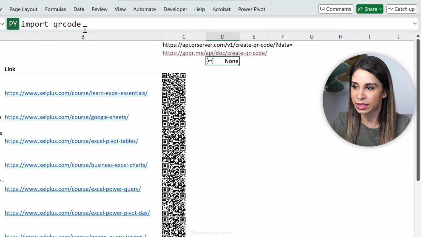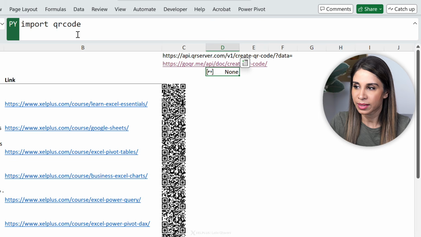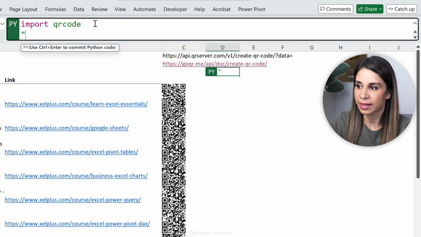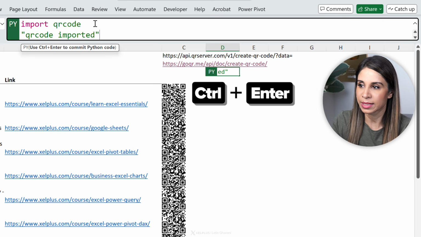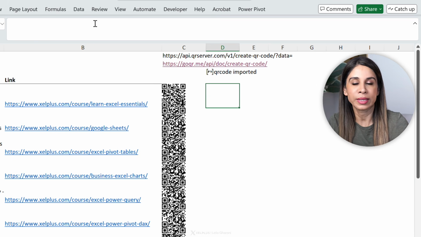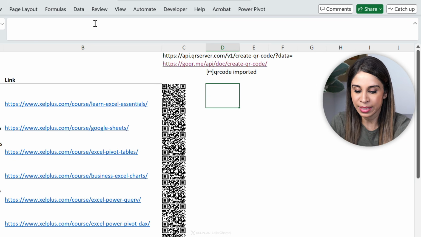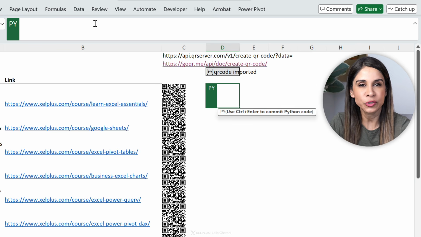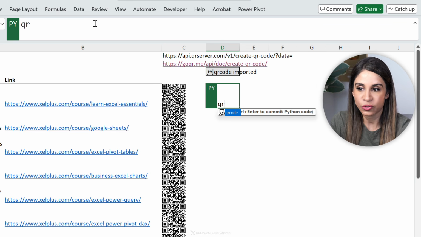This None doesn't really mean much though, so let's make it more meaningful. I'm going to press Enter here and type in "QR code imported", and now Control Enter. Okay, so now that the QR code library is there, I can use it. Let's bring up Python mode again and type in a shortcut for creating default QR codes, which just goes like this,